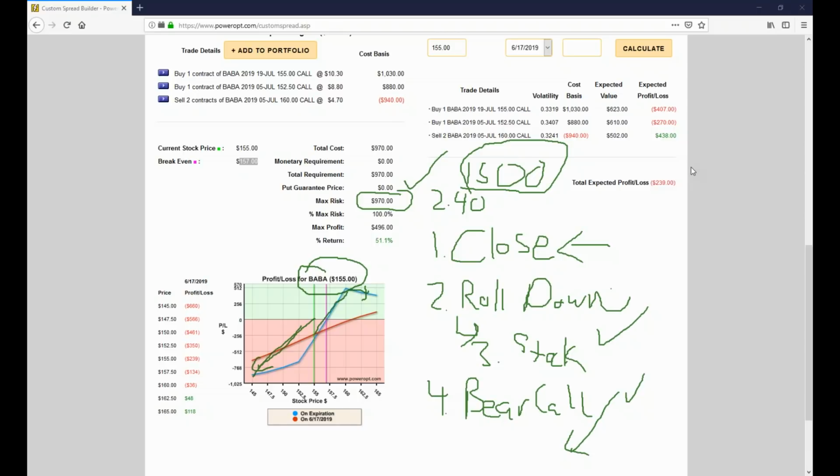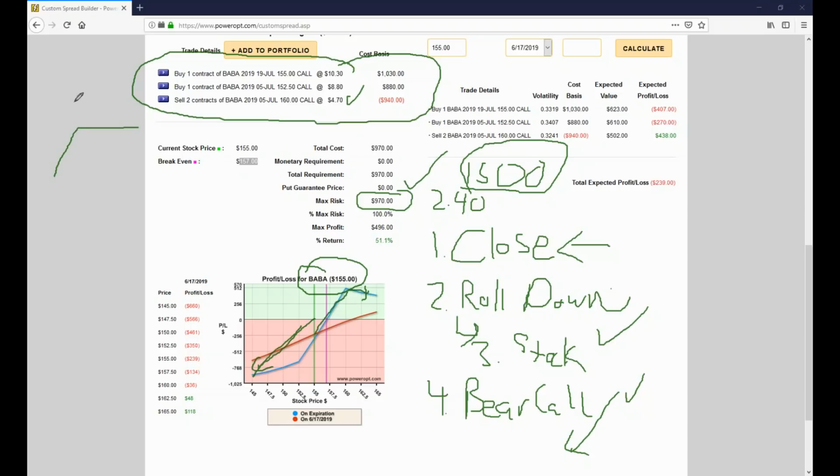Oh, and by the way, the thing I wanted to mention, of course, you don't need any margin in this scenario. Yes, you've sold 2 contracts, but what you've done is created 2 bull call debit spreads. Even in the stock repair, you don't need any margin. That was the reason why I mentioned is that if I owned 100 shares of stock and was repairing it with the ratio spread, the stock repair,